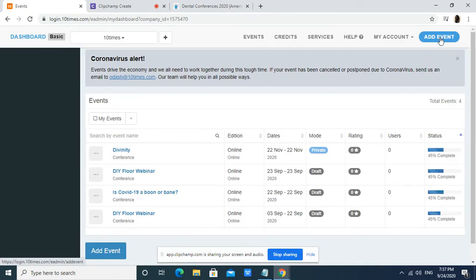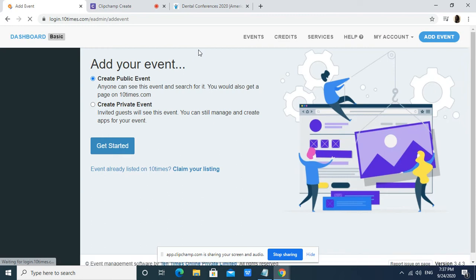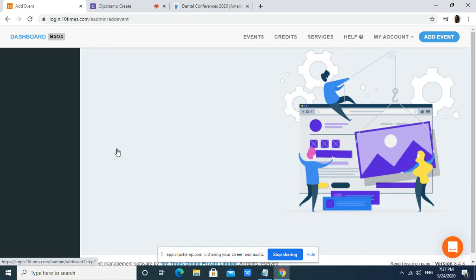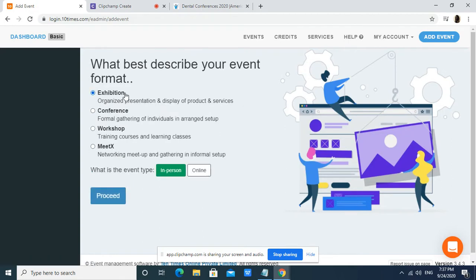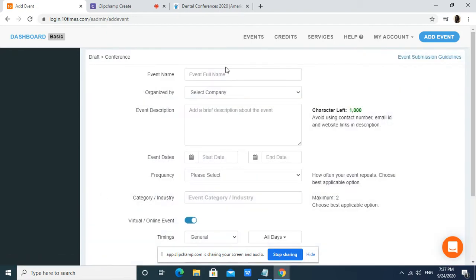Click on this tab, Add Event. Select whether it is a public event or a private event. In case of a public event, your event would be published on the 10times platform. Select the type of the event you have and whether it is in person or online. Click on Proceed. Then you will see this basic information about your event needs to be filled in here in